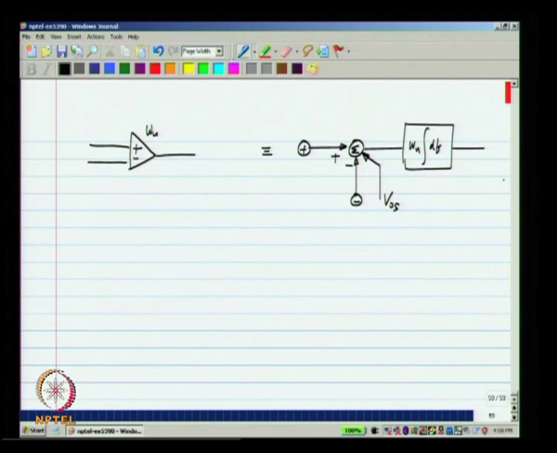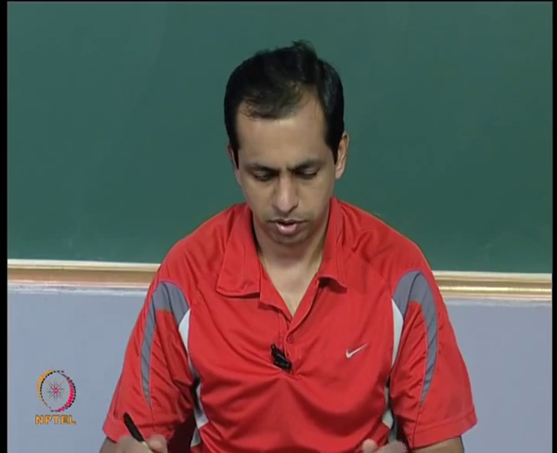and that is equivalent to adding a voltage VOS here. In other words, it is like having a voltage source in series with the input. Now, this voltage is a random quantity, its statistics are known, but its exact number is not known, that is why it is a problem.